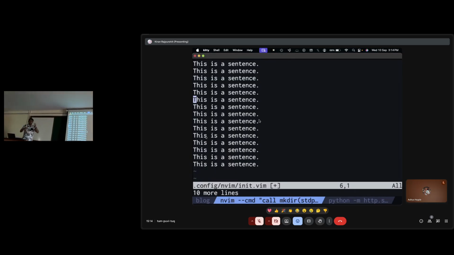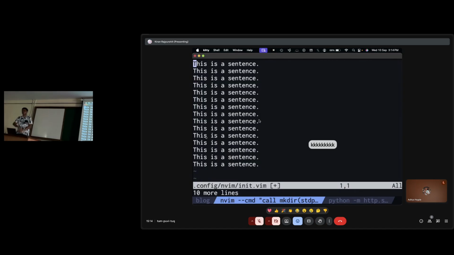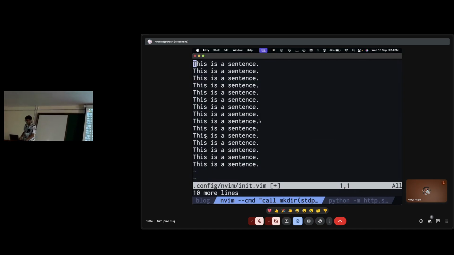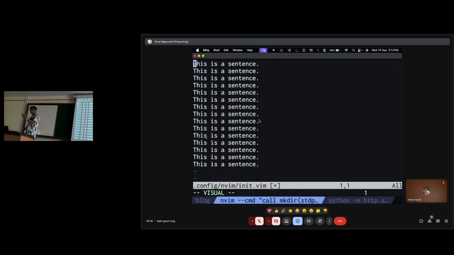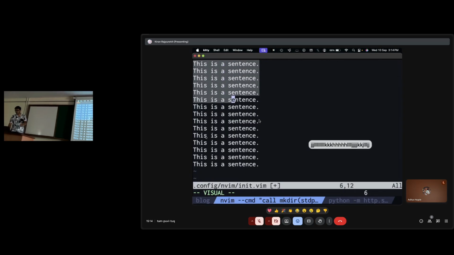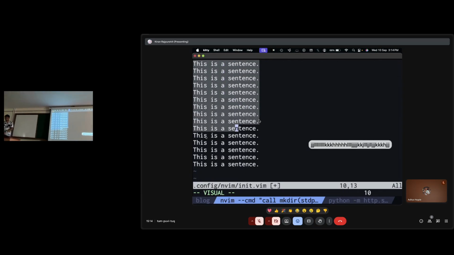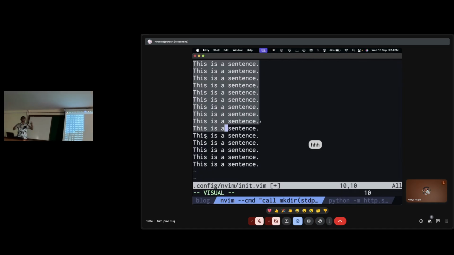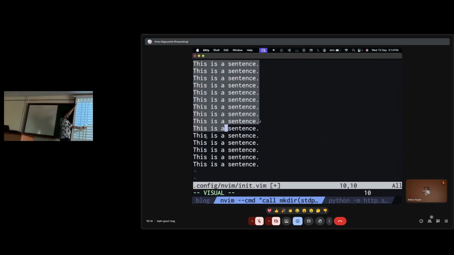Okay. So what can we do here? Now I'm going to talk about visual mode a little bit. If you press e a bunch of times to go to the start, press v to enter visual mode. What visual mode enables you to do is, if you just move around your cursor with h, j, k, l, you will see that you can select some parts of the text. This is character-wise selection, so you select everything starting from here. So this is our selection. Make sense?